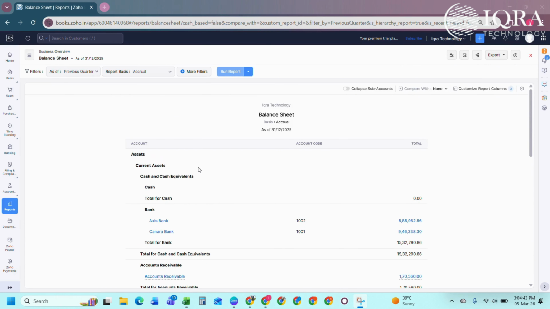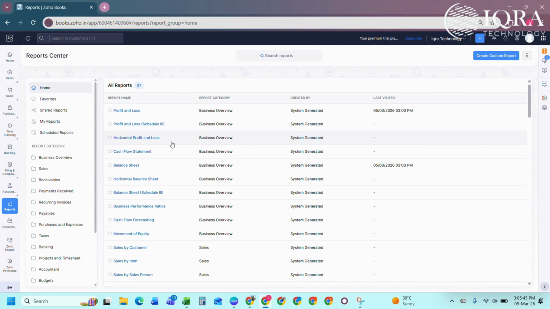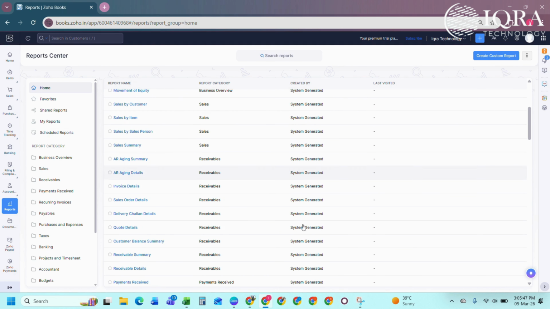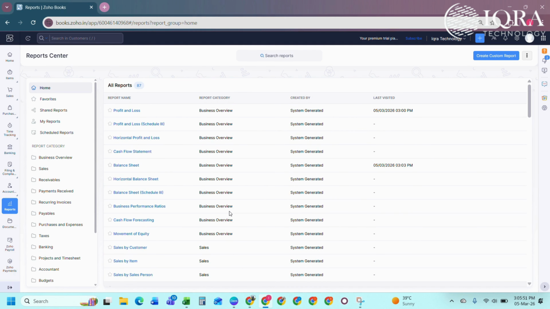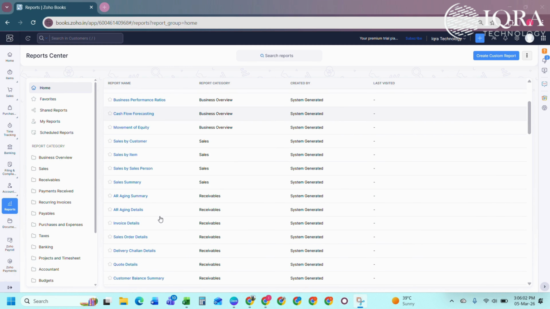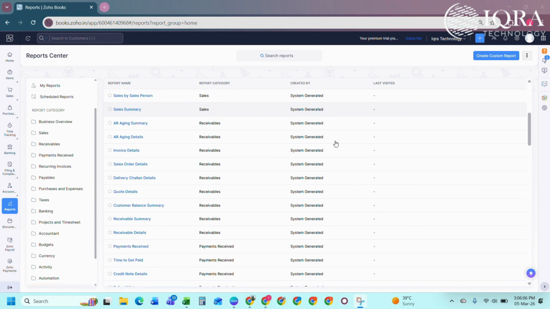These reports are very important because they help businesses make better financial decisions. After completing the implementation, the report section automatically summarizes all the transactions and presents them in a structured format. This allows business owners to easily monitor their profitability and financial stability. This completes the Zoho Books implementation reporting overview, where we analyzed the profit and loss and balance sheet reports based on the transactions entered during the implementation process.